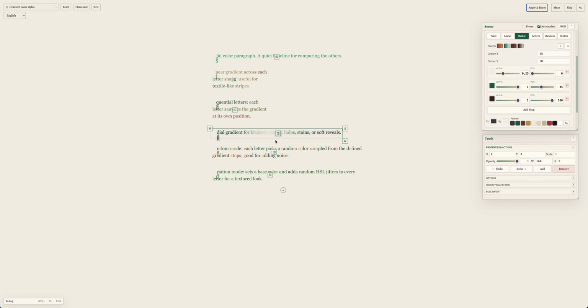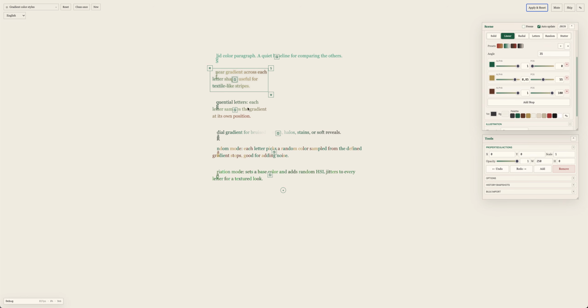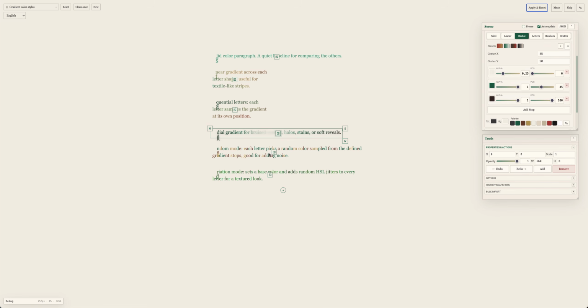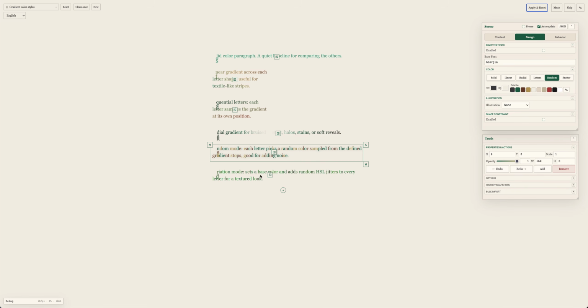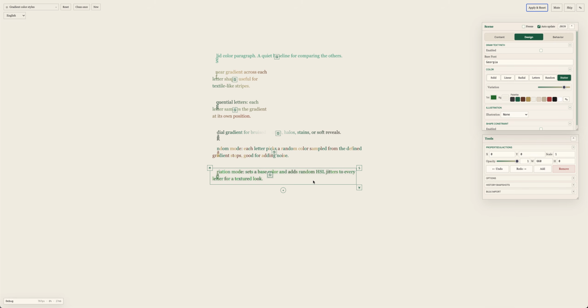This one was a simple gradient, like linear, but you can also do it radial. You can do random colors on each letter. You can do random variation for a color. So you can have more or less variation of luminosity. This is not in the final story,